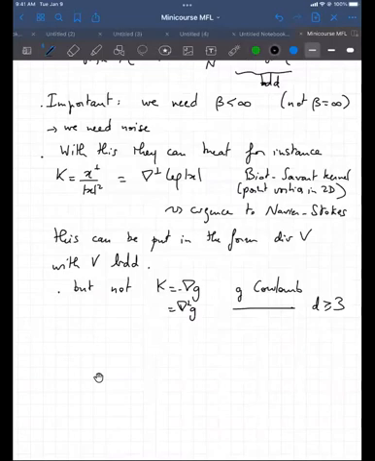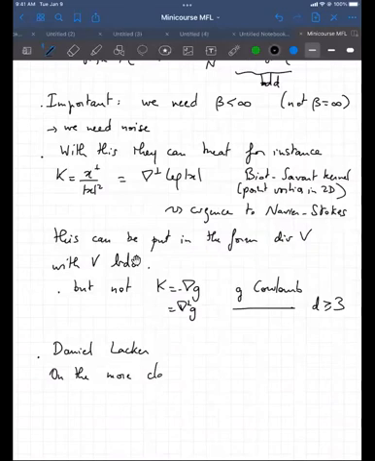Okay, so now I want to make a little comment, since I have something like 10 minutes left, on another quite interesting recent work by Daniel Lacker that improves on this relative entropy point of view. So not for the singular case, he's not particularly focused on K singular, but on the regular case. So this is on the more classical regular case.